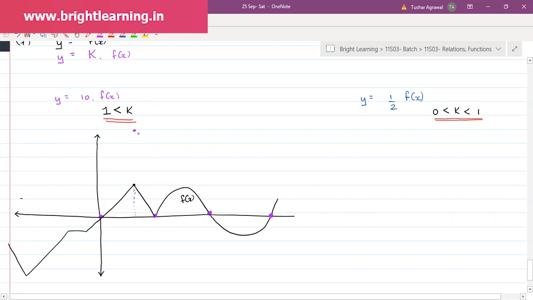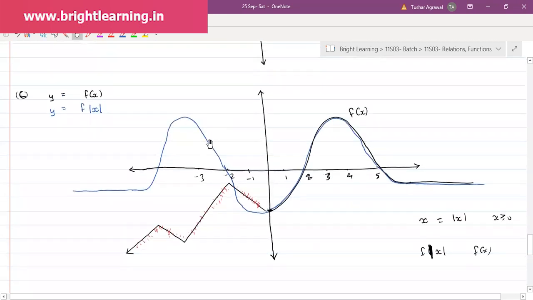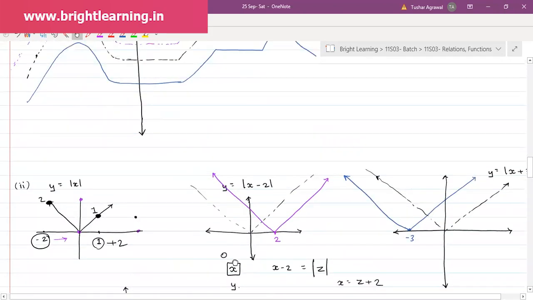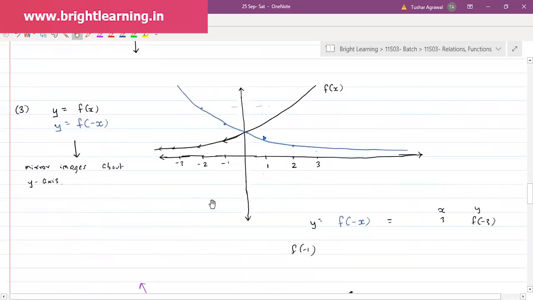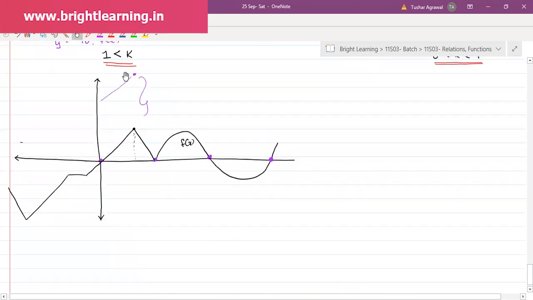So don't think that this line will be parallel. Initially, for mod x plus 2 and mod x minus 2, we were shifting the graph as it is. The shape was not changing. We were totally shifting it upwards. Here we are not shifting the graph upwards. This line is not getting shifted upwards. It is changing its shape,